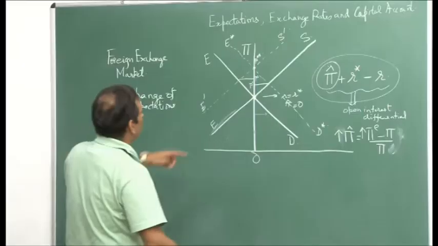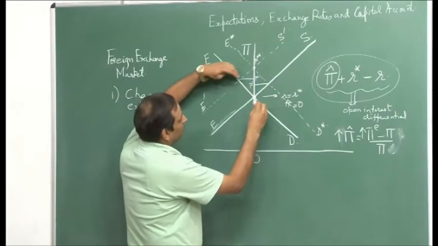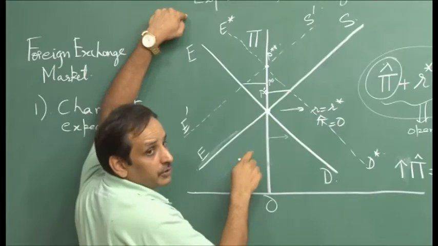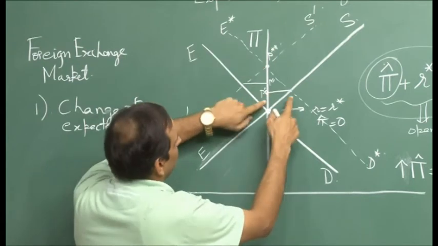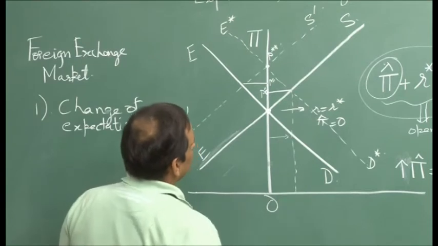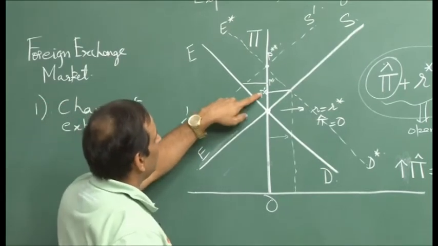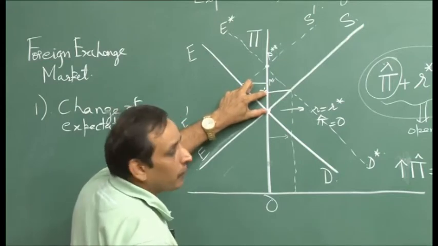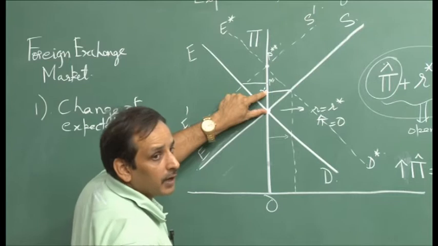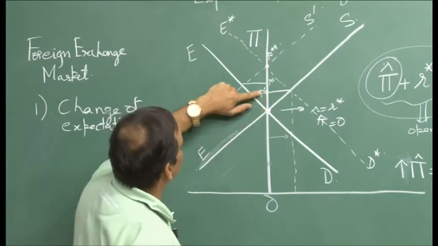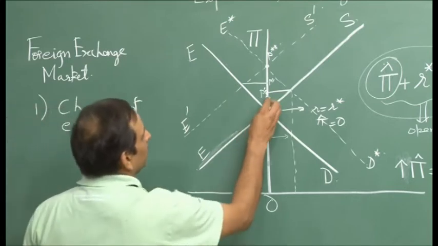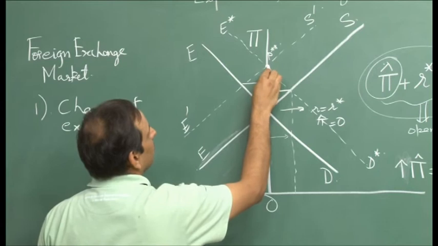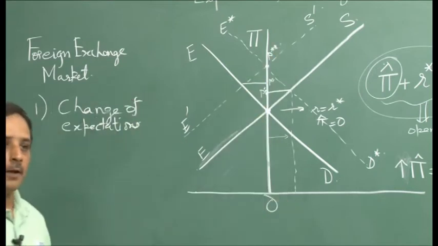So, that is the reason that the ED curve, which shifts to the right, the currency depreciates to P dash only and not to P double star. So, there is this excess demand, the exchange rate moves to P dash, and this excess supply of foreign exchange is met by the other market participants, because with an increase in pi, there is an increase in excess supply because the Marshall-Lerner condition holds. So, the new equilibrium point is P dash and it is not P double dash, but it does